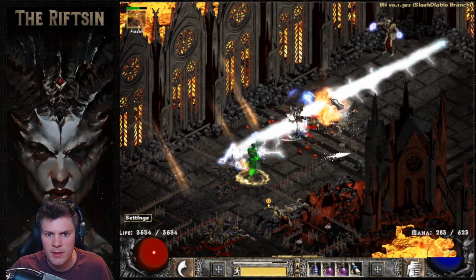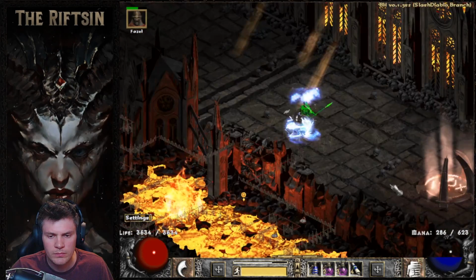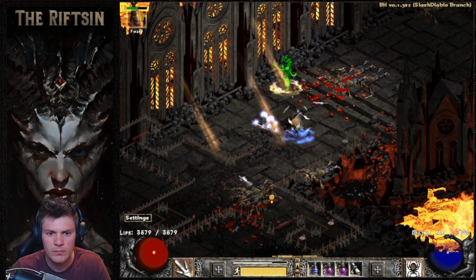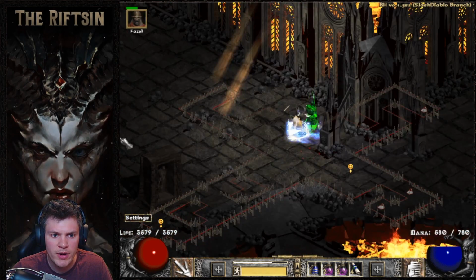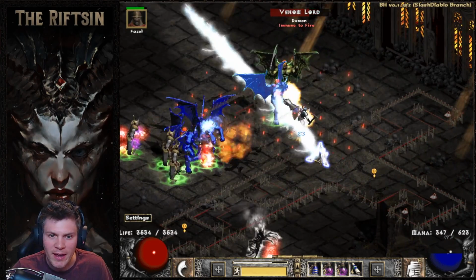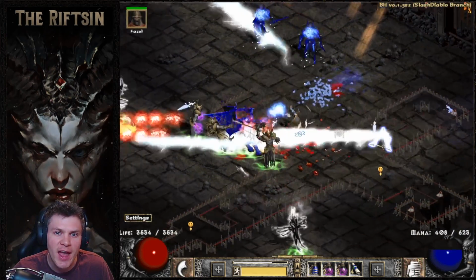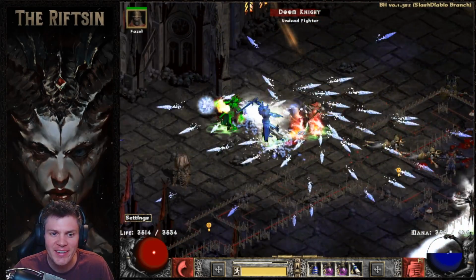Come on, Faisal, don't die on me. Offhand teleporting is a little bit quicker. Cloak of Shadows, 4-1 and kick. That's all you gotta do. Cloak, 4-1, kick. That's your acronym for the Riftsin. Or probably the Kicksin in general, but...